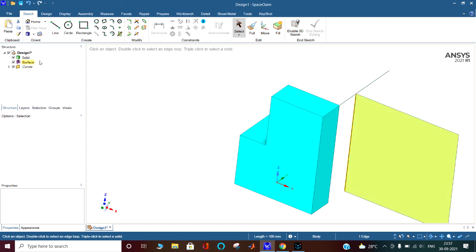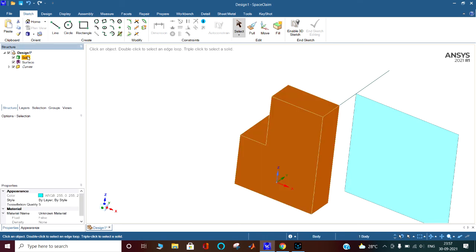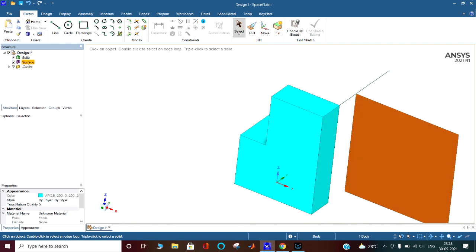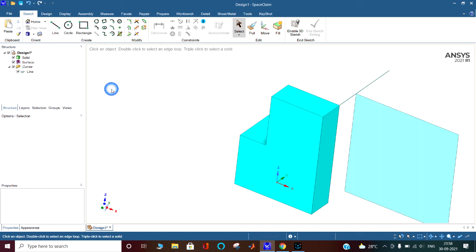Now come and see the structure tree on the left hand side, and you will see that is a solid. When you click on the solid, it will show the solid, and in the structure tree you can see the icon of the solid. When it is a surface, you can see the icon of the surface. Curve, line, everything will come with a different icon. And this structure tree, this detail box, everything is important to you. So this is lecture one, the introductory part.